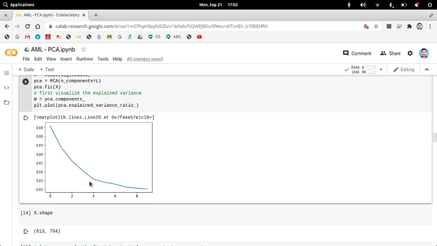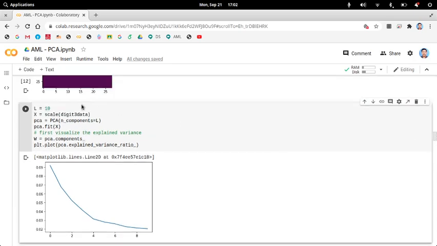If you use two components, and as you increase the number of components, the variance ratio that can be captured is what this plot shows, which is very important in the case of PCA.